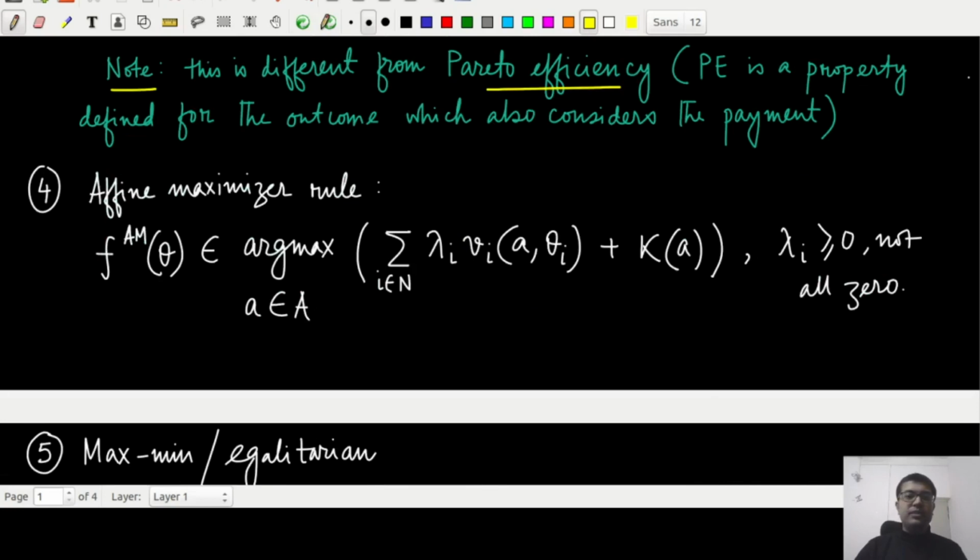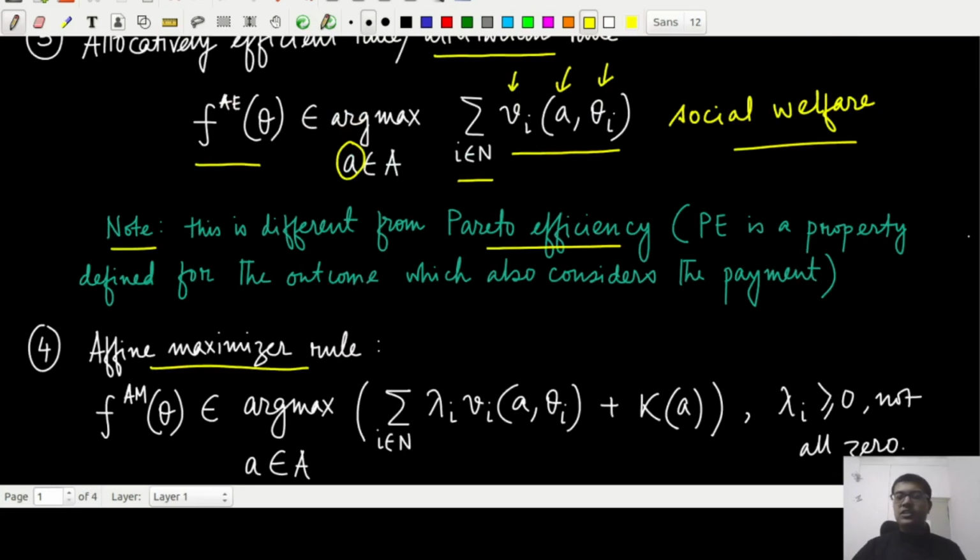The fourth example that I am going to discuss is what is known as the affine maximizer rule. It is in some sense a generalization of the allocatively efficient rule. The only difference is that now you have a weight for each of these players. So lambda i is the weight, which are non-negative weights, and not all of them are equal to 0. So you are actually taking a sum of all of these things, and you are also doing a translation. So you are adding a factor which is kappa of a,